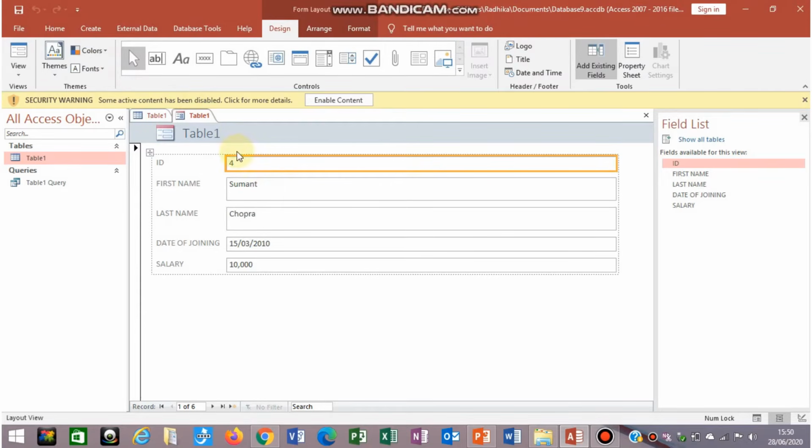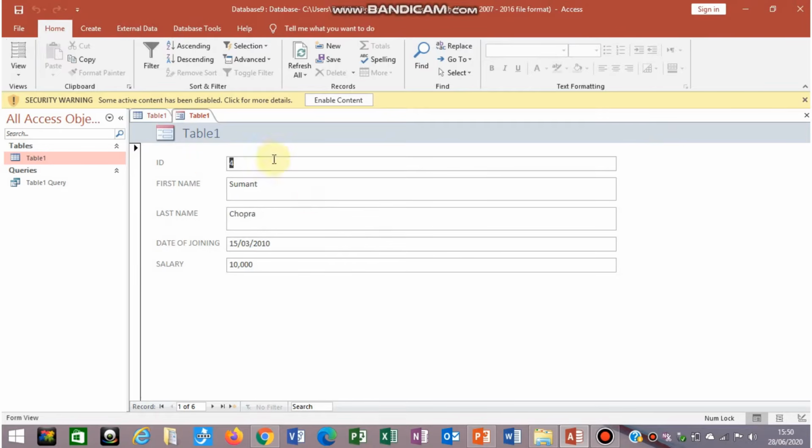Then as soon as you create this form, just click on this View option. After clicking on that View option, your form is ready to access. And if you want to access more information, or the information of another person, here at the bottom, this next record arrow is there.